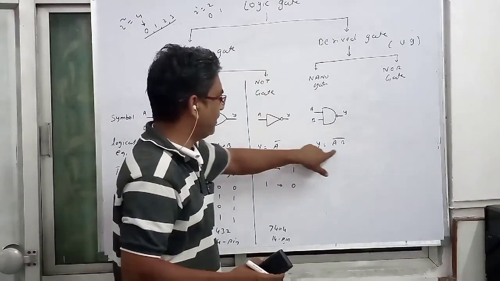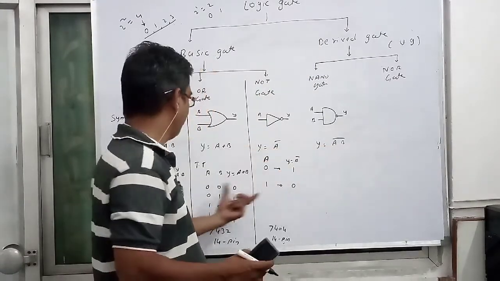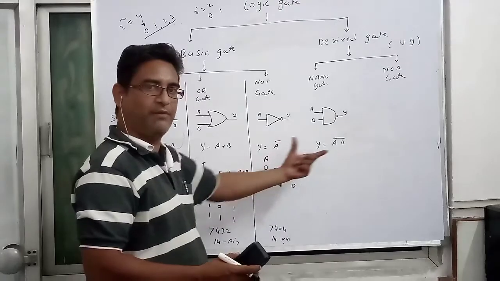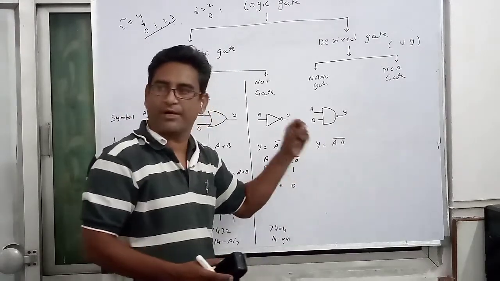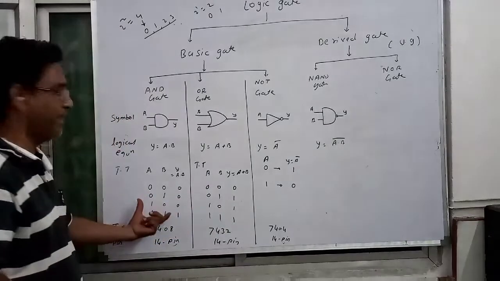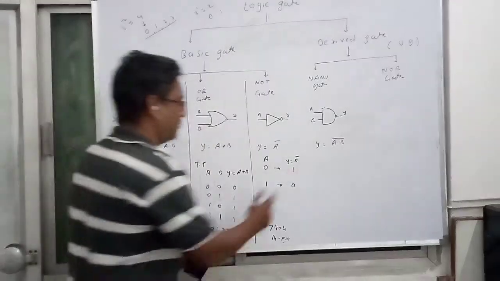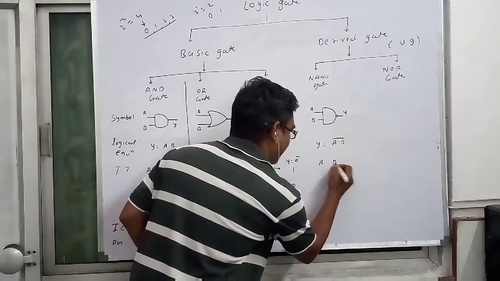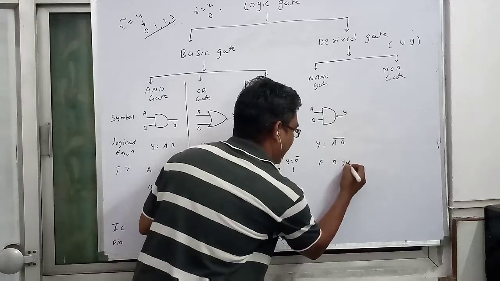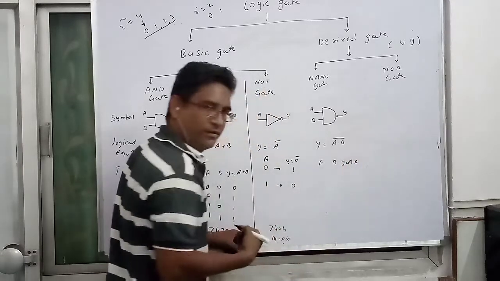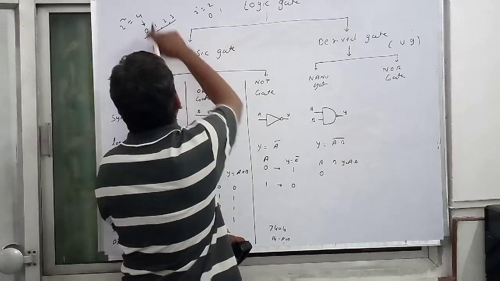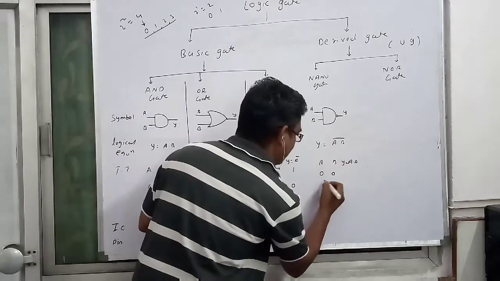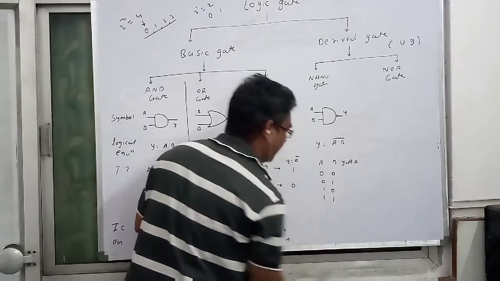Now, from this particular logical equation, we have to design the truth table. It is very much simple, students. Now, what you have to do? First, you have to remember the AND gate truth table. Okay. So, I will write here A, B, y is equal to A dot B. Here again the 2 variables are there. That's why I told you how the 2 variables we have to write down. So 0 0, 0 1, 1 0, 1 1.